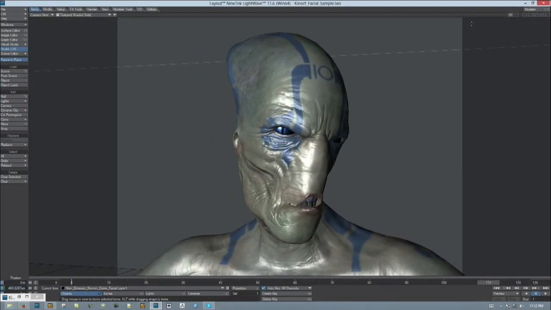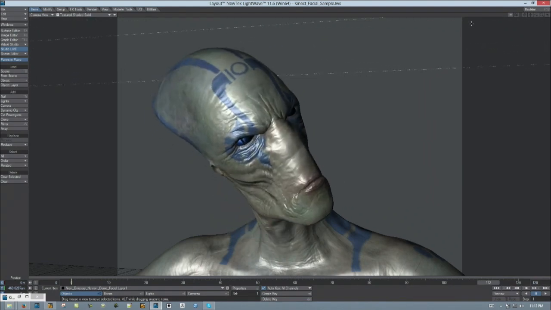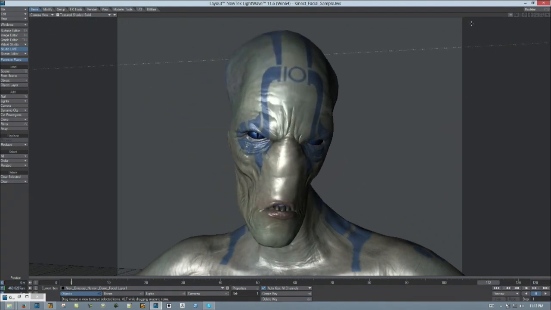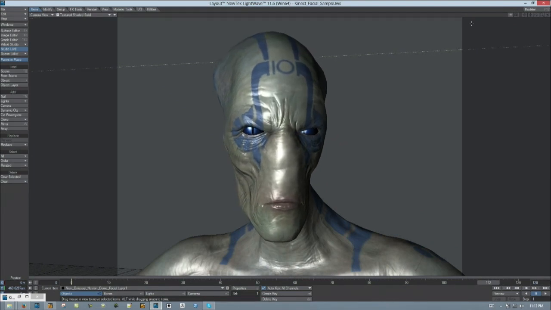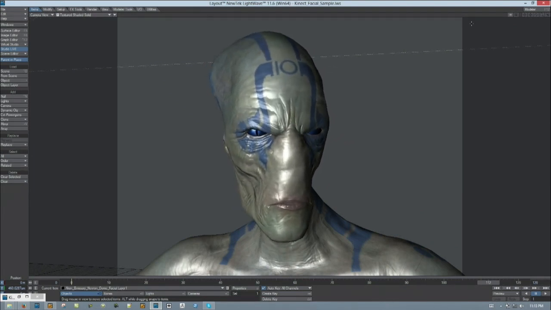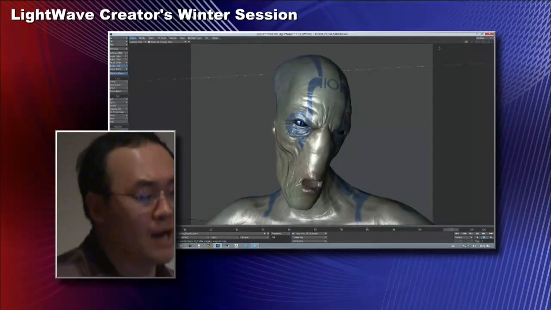So you can see how, like a typical motion capture system, you would never be able to do that. You could never swap performers like that. So it's just a very cool, you know, in addition to